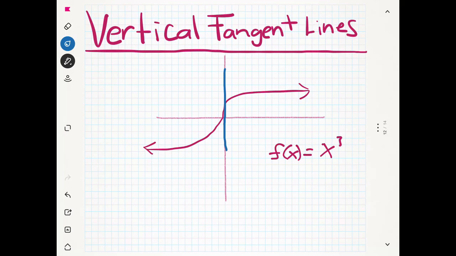I know it's not perfect, but this is supposed to intersect x at 0. This is supposed to be the tangent line for that. Now, the problem here is not that you can't draw multiple tangent lines, it's that the tangent line itself is undefined. So if we go back to slopes, the x-axis, y-axis, and rise over run and all that good stuff, we can remember that